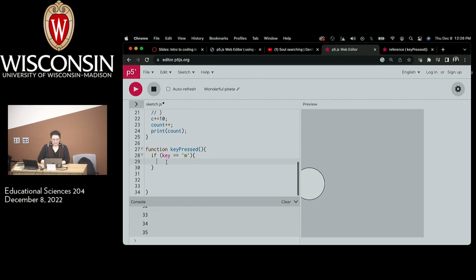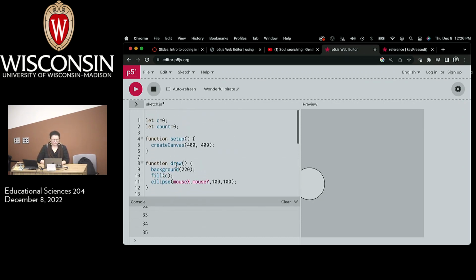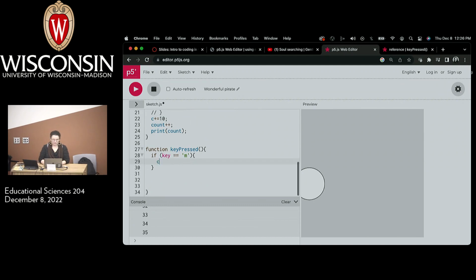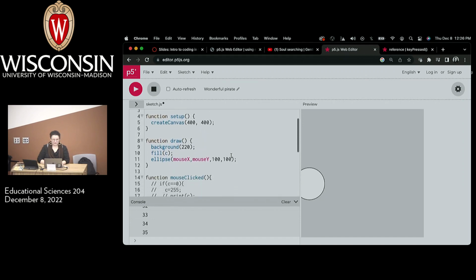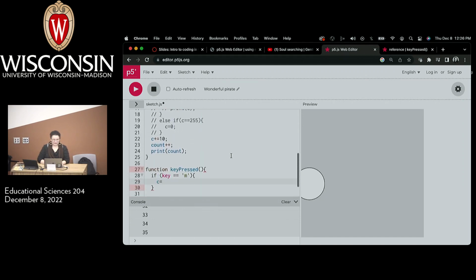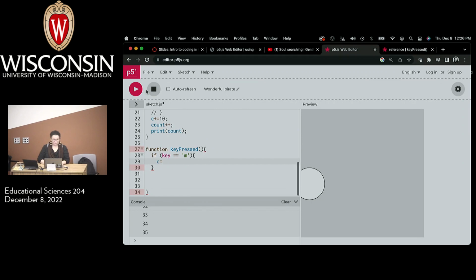So if key equals lowercase m, just to keep it simple, I will shift C to, let's see, C starts off being 0, and then we commented out all the other stuff. So I can probably put C at like 255. That should be a proof of concept here. OK, so there's my thing. If I hit the little M key,